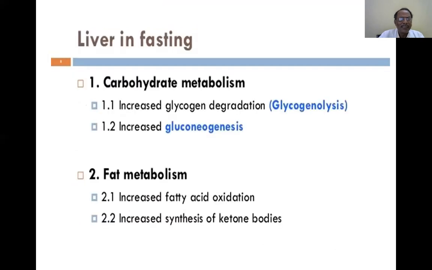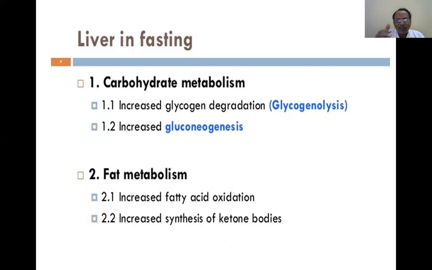We shall discuss. In the liver, in fasting, what happens to the carbohydrate metabolism? Fasting means the circulating carbohydrate is reduced. The main energy source is glucose, and glucose is being utilized by the cells over the period of fasting. Then the glucose has to be replenished. How can it be replenished? By putting in the stored carbohydrate. What is the stored carbohydrate of the body? It is glycogen, so glycogenolysis. Through the glucagon increase and the epinephrine stress, both activate the main glycogenolysis enzyme, glycogen phosphorylase.